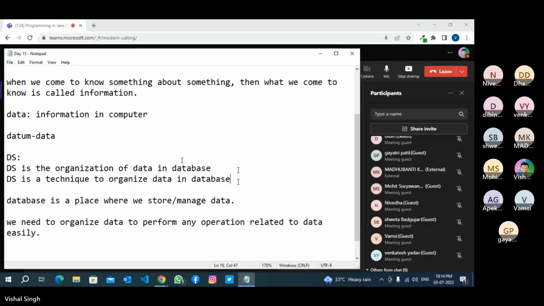Data structure is not a computer programming language. It is a technique to organize data in database.